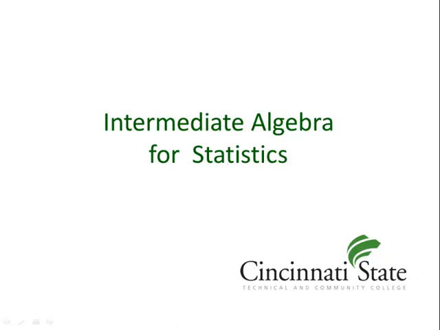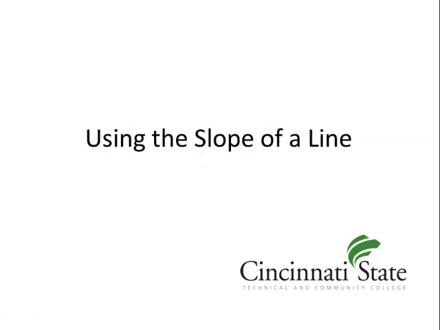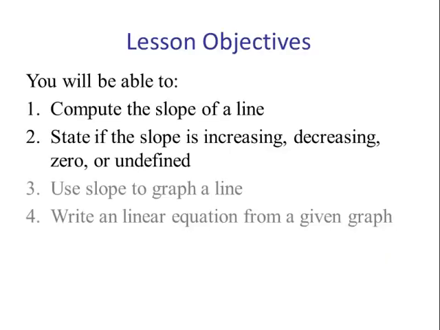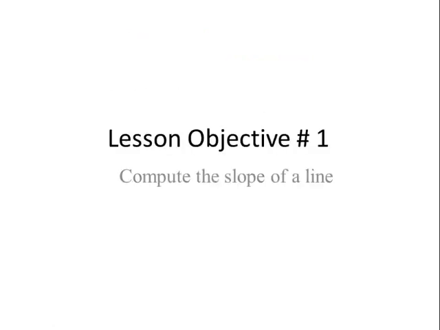Intermediate algebra for statistics: using the slope of a line. Lesson objectives: compute the slope of a line. State if the slope is increasing, decreasing, zero, or undefined. Lesson objective: